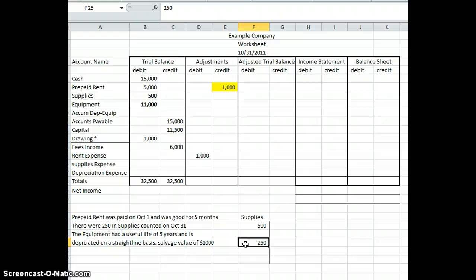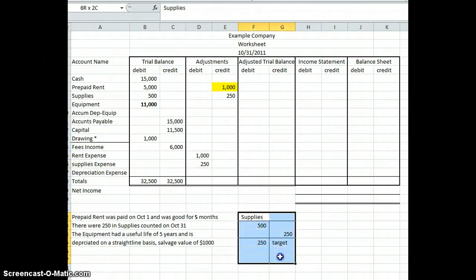So we need to make an adjustment of the account. We go from 500 and get to 250. So what we should do is subtract 250, or credit, because supplies has a normal debit balance, supplies by $250 to get to the desired or target balance. Sometimes I like to use the phrase target balance. So I'm going to come up here to supplies and record a credit of $250. Then I'm going to come down here to supplies expense and recognize that you used pens, paper, toner for the month, valuing $250.